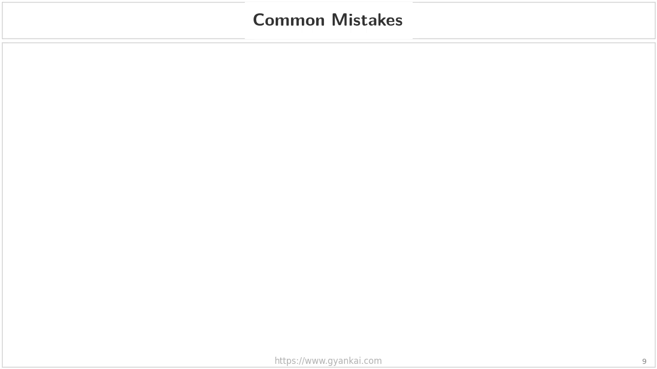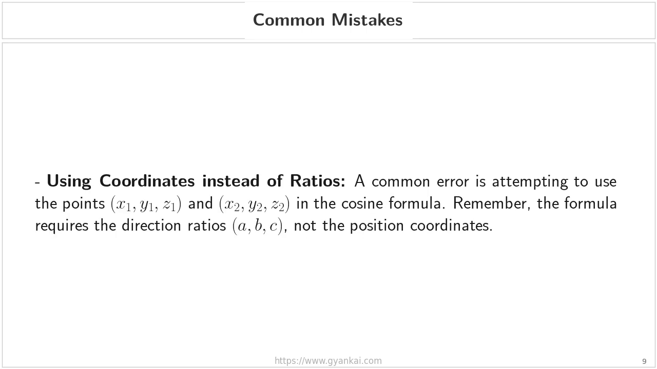Common mistakes. First, let's talk about using coordinates instead of ratios. This is perhaps the most frequent mistake I see. When you look at a line equation, like the one we used in our worked example, you'll see specific points, such as x minus 2, y minus 1, and z plus 3. It is very tempting to plug those numbers, the 2, the 1, and the negative 3, directly into your cosine